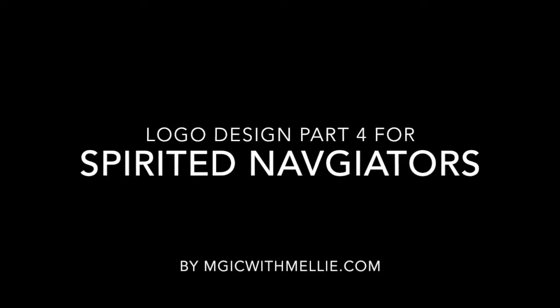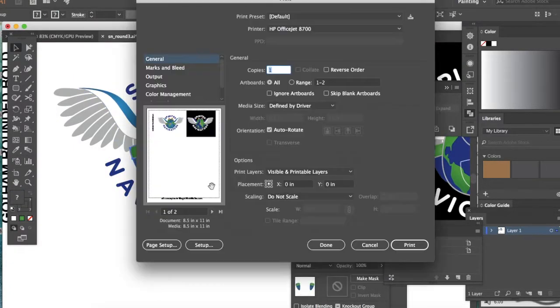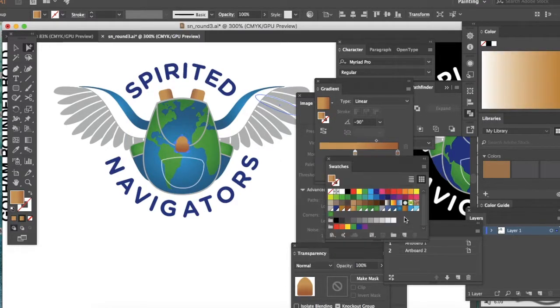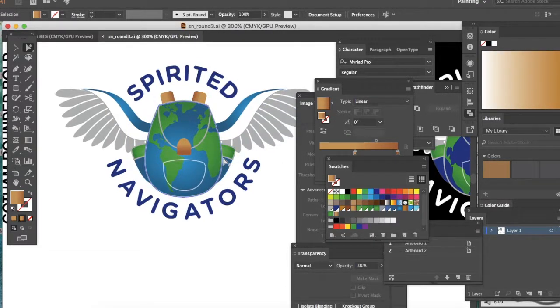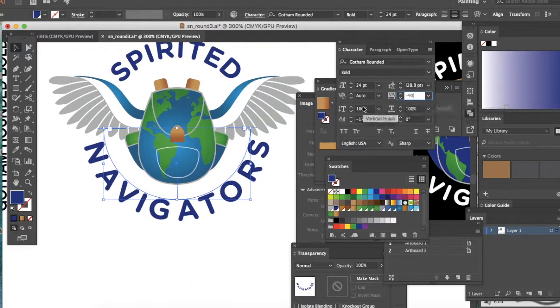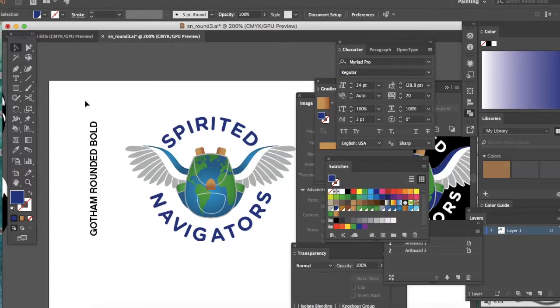This is part 4 of the logo design for Spirited Navigators. I am continuing the process based on the feedback from the latest round, which you can see in video 3. Here I added a more detailed map so that Asia and Africa were more defined. I also reverted to the brighter blue and green colors, which were in the original globe-shaped backpack, which you'll see